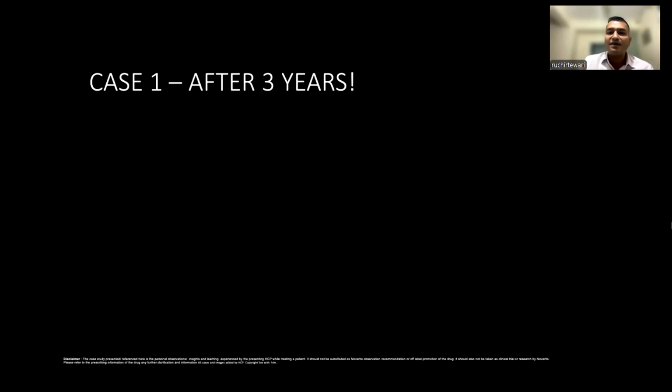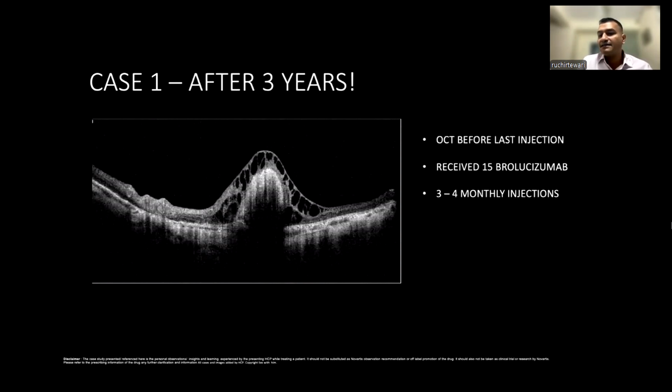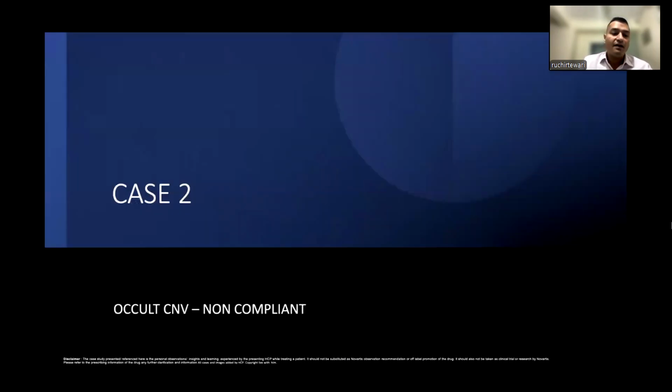So this patient has been under my follow-up for the last 3 years. This is the last OCT before the last injection given. His BCVA is down to 6/36, and he has received around 15 brolucizumab injections at a frequency of 3 to 4 monthly, but he's still able to manage all his work. The second patient